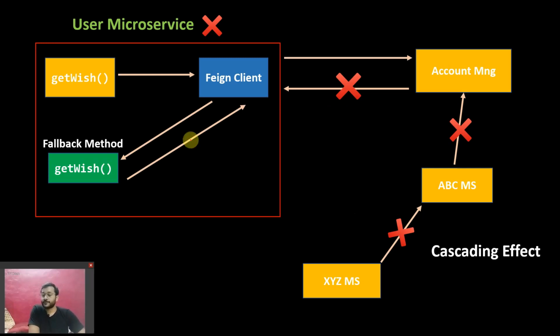Now understand this. When you make a request with the help of Feign client to the account management service, and you find that this is an unhealthy connection, this is not working, right? Unnecessarily, I do not want to send a request. So what the circuit breaker, Hystrix, will do is connect to your Feign client. Feign client knows, because we are sending a request from the Feign client to the account management, so it knows automatically whether the connection is healthy or not, and whether its response is coming or not.